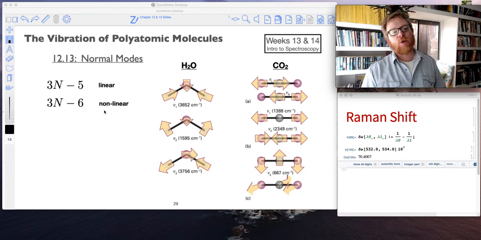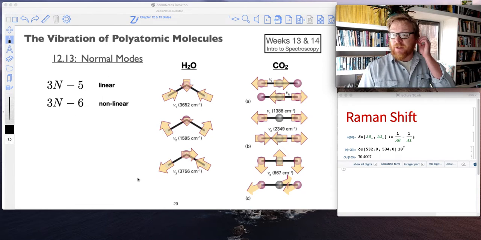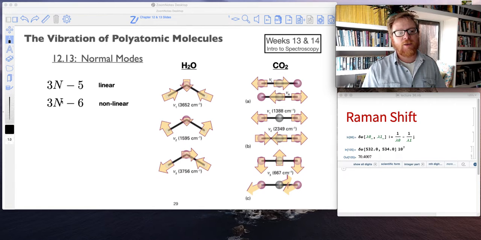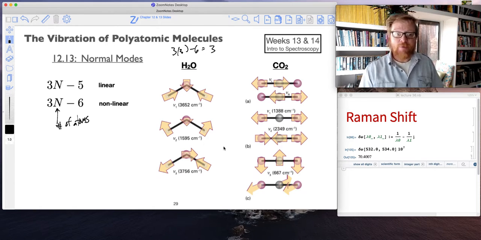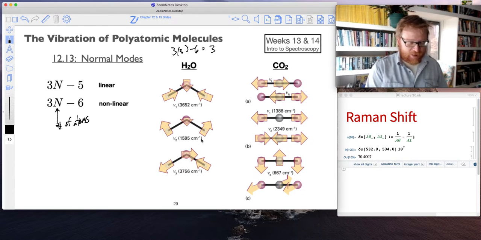And so there's a couple of equations for the simple polyatomic molecules. 3n minus 5 normal modes for all linear molecules, and 3n minus 6 normal modes for all nonlinear molecules, where n is the number of atoms. So for example, with water, we know water has 3 atoms, so 3 times 3 minus 6 is 3. So water has 3 normal modes of vibration, and here they are,